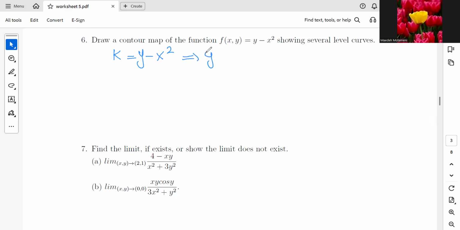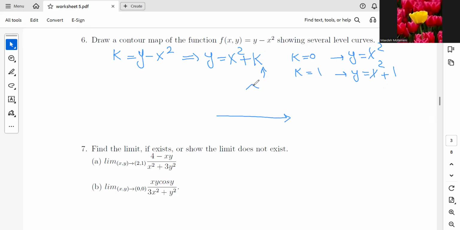It means that y is going to be x squared plus k. We know this one is a parabola in the 2D plane. So when k changes, it can be 0, and we would have y equals x squared. If it is 1, it will be y equals x squared plus 1, and so on. So the level curves are going to be like this: x squared plus 1, or maybe a negative amount, like -2 for k. This is 0. And the number 7